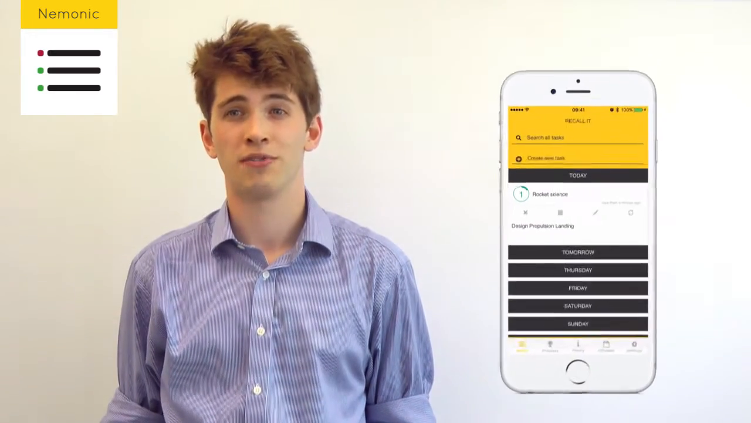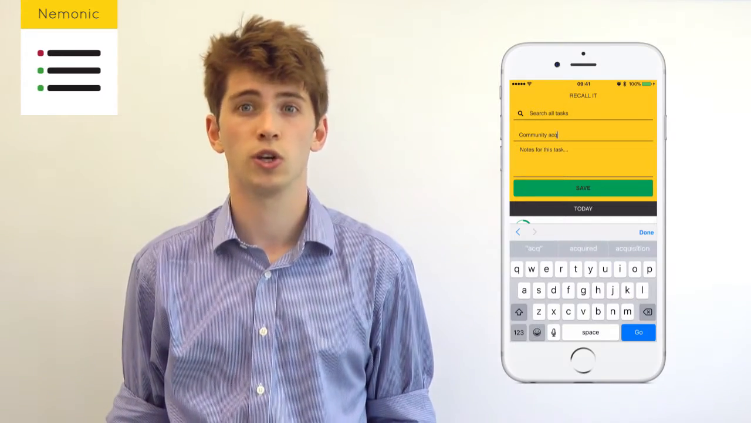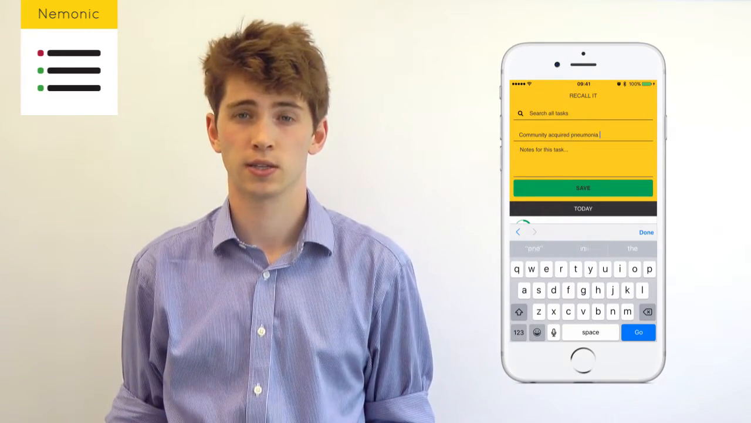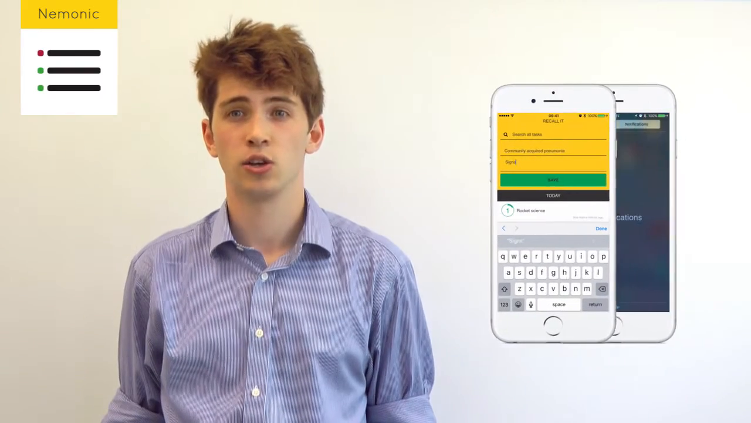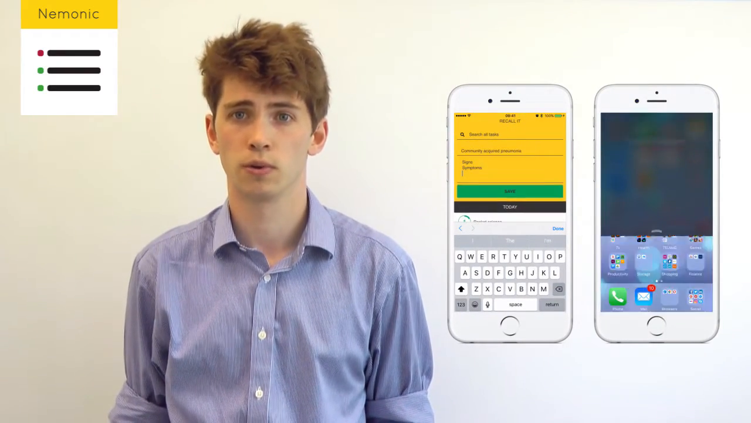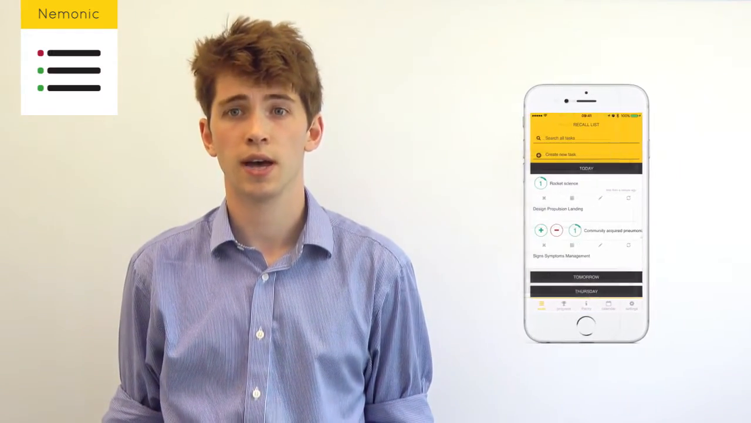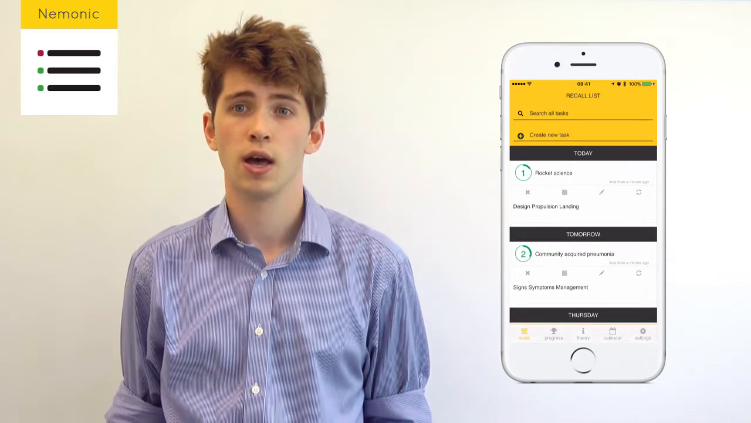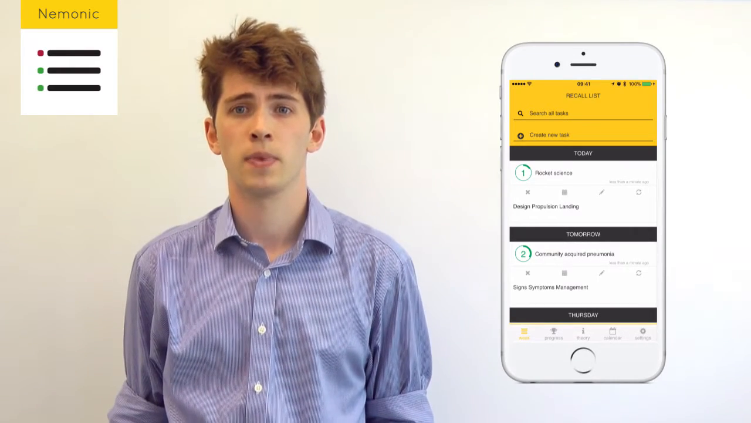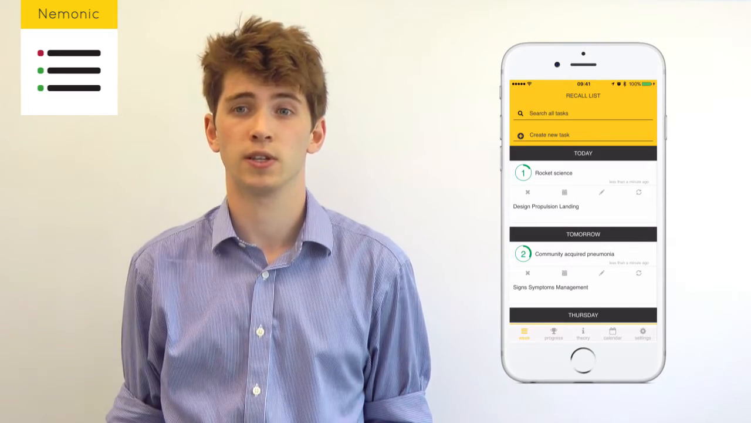For example, if I learn about community-acquired pneumonia, I can open the app, create a new recall note, and Nemonic does the rest. Later in the day, Nemonic will give me a push or email reminder on my phone that I have a recall due. I can open the app, test myself on community-acquired pneumonia and any other recalls that may be due, and then mark them as complete. At appropriate intervals in the coming weeks, Nemonic will remind me to revisit the topic and